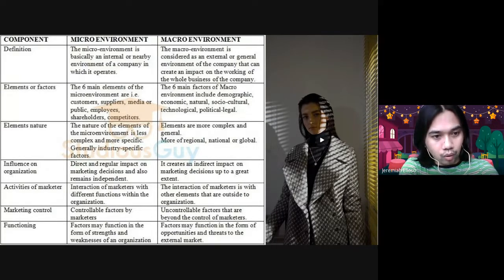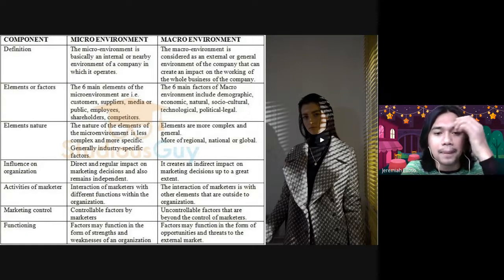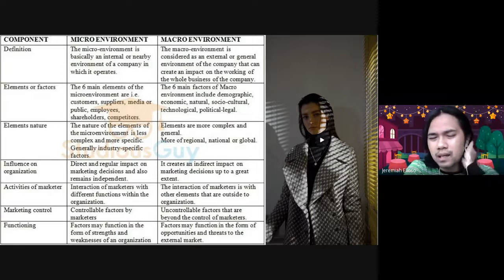Whereas the macro creates an indirect impact on marketing decisions to a great extent. Kasi nga, sobrang lawak na, parang wala ka nang masyadong, I mean, you have little control on what's happening in the macro environment. In terms of activities, in the micro environment, the interaction of marketers is with the different functions within the organization, whereas the